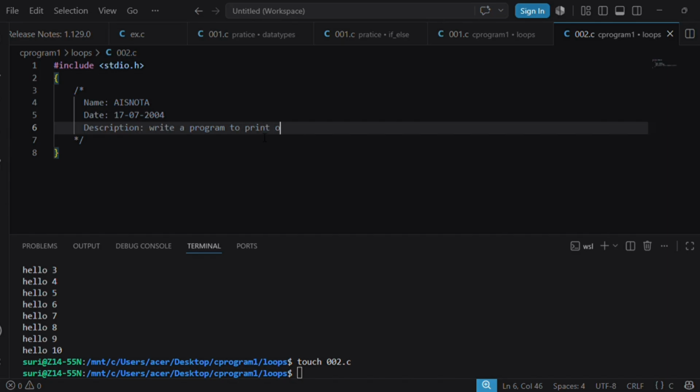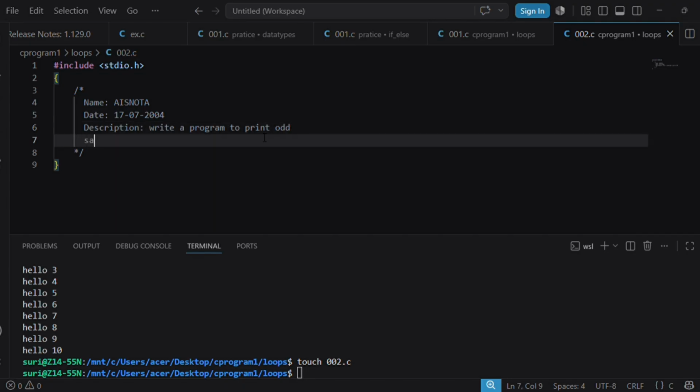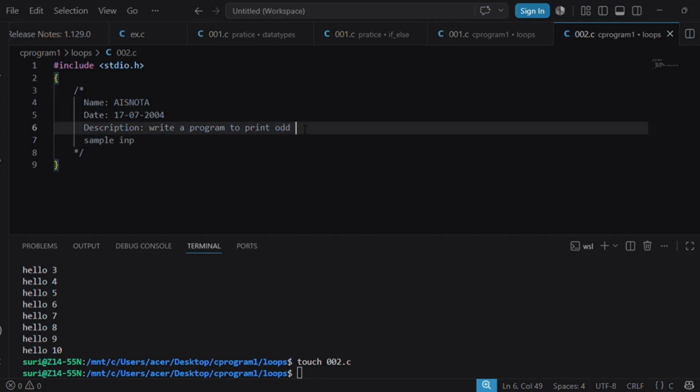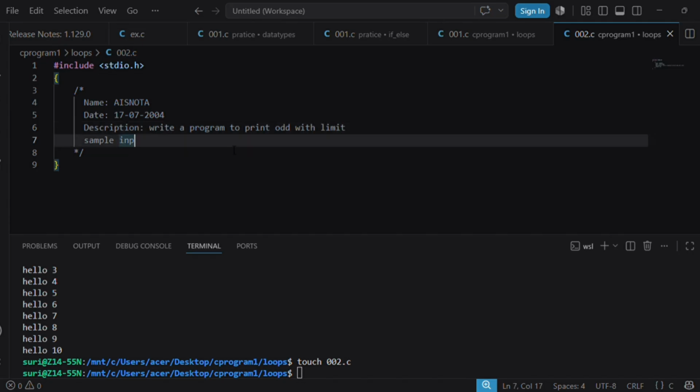Sample input with limit. You need to set a limit, right? So let's input limit is 10.